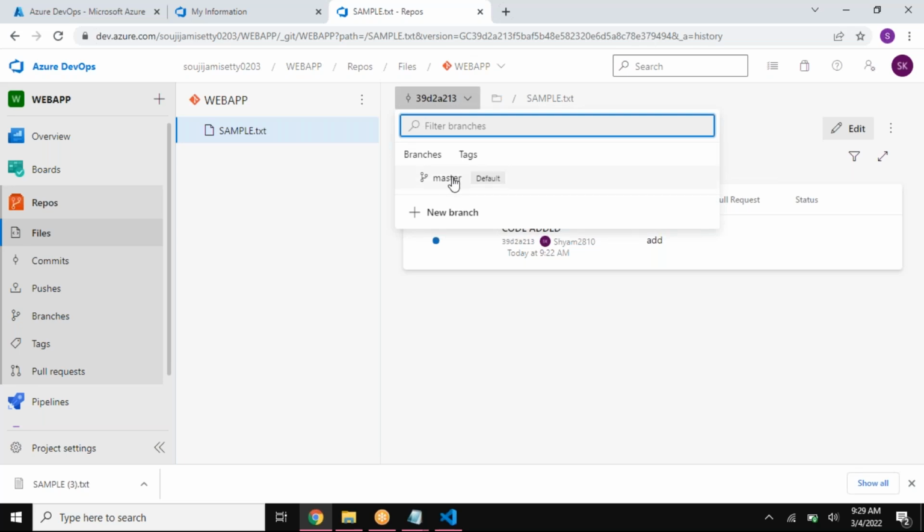So you can see by default you have a master branch. Similarly, you will be having a QA branch, or a test branch or dev branch. So what are these branches? Why do we require these branches? How can we push things to a respective branch? How can you add a pull request? We'll see all those things again one more time with respect to GitHub